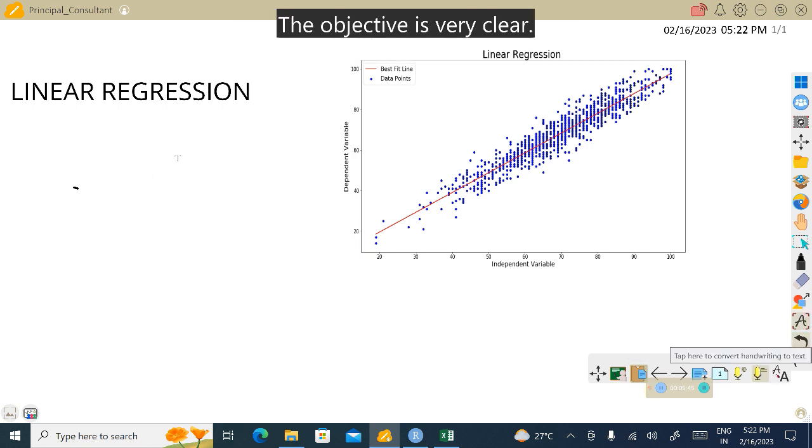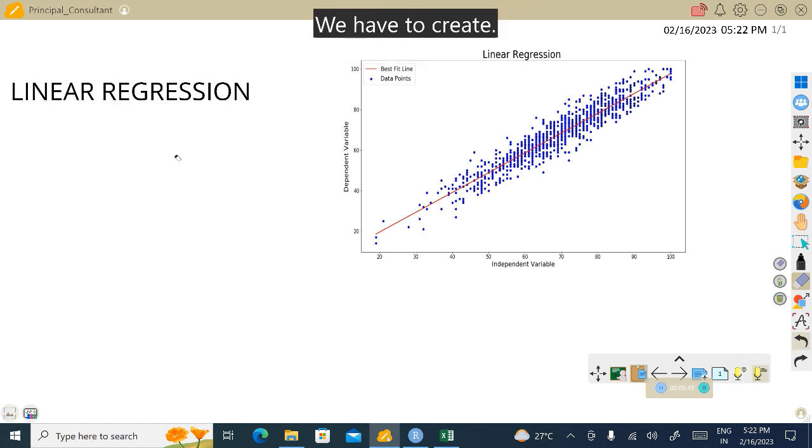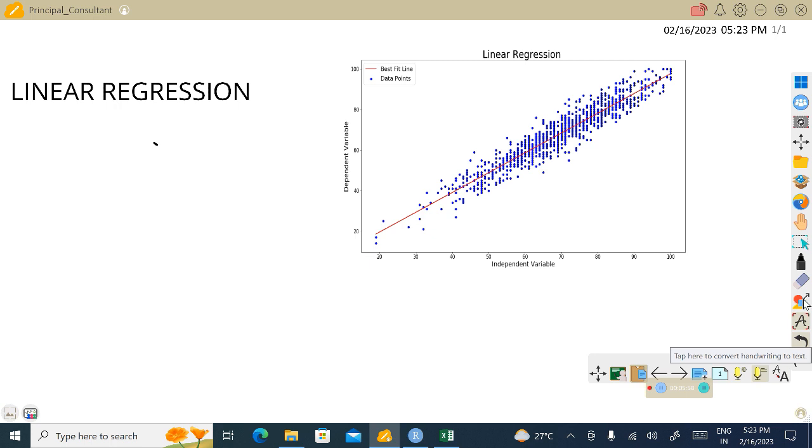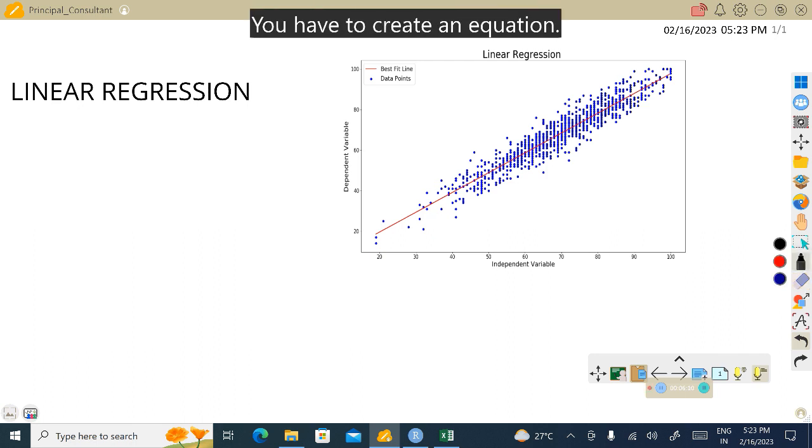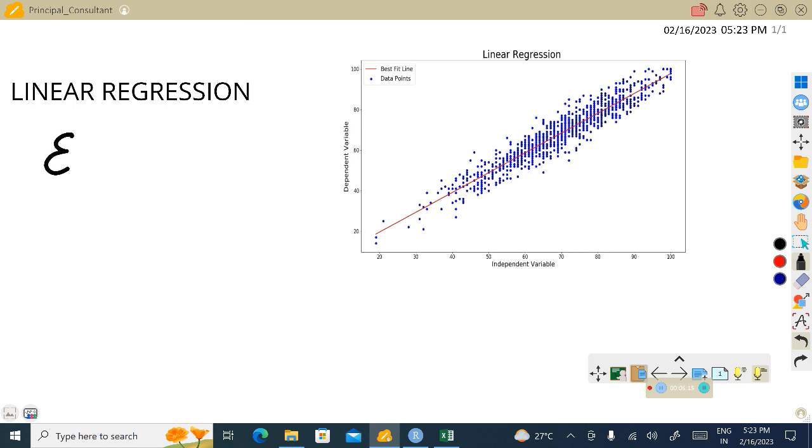We have to create an equation. We have to create an equation. This is the objective